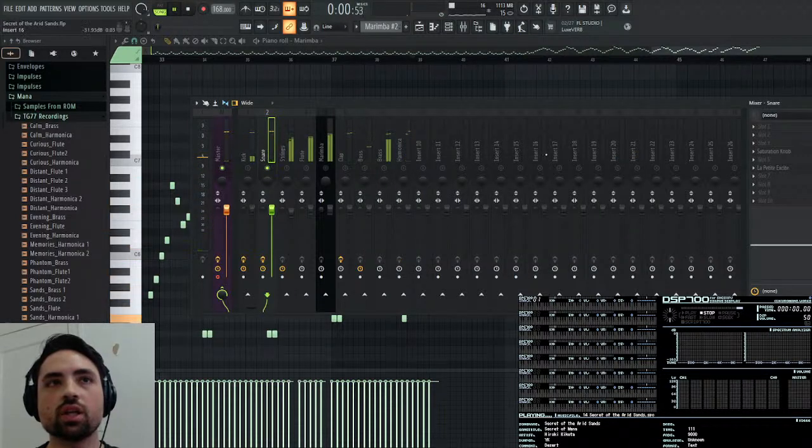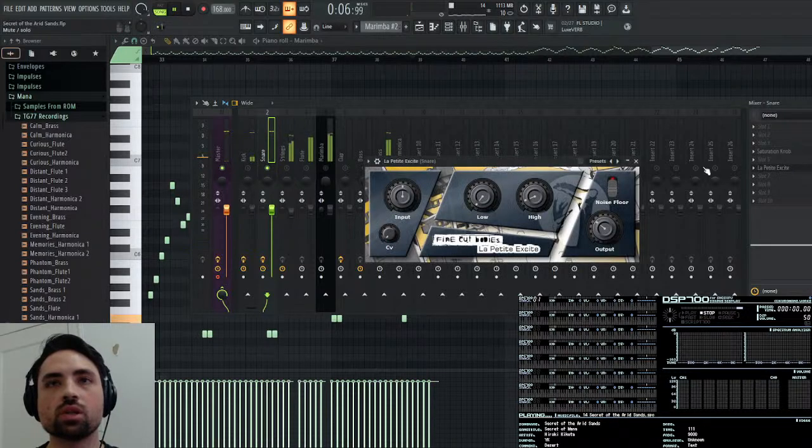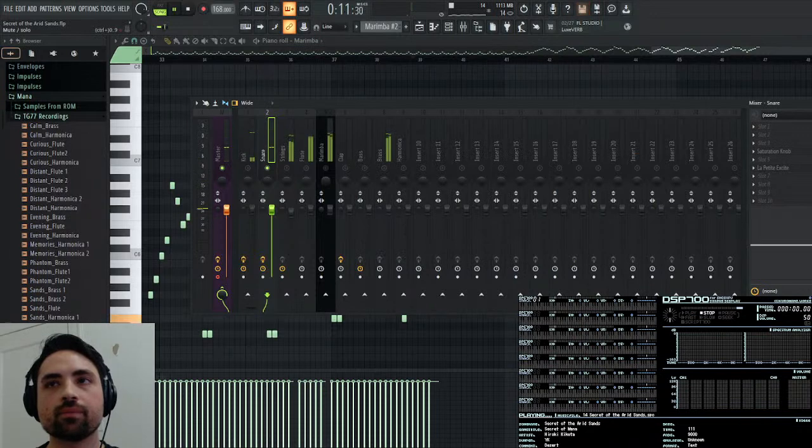Let me audition that exciter. I want to know if I don't lose. I think I lose a little bit too much power in the low end. So let me. That's fine. Let me just stick for an EQ boost. There we go. That'll do.